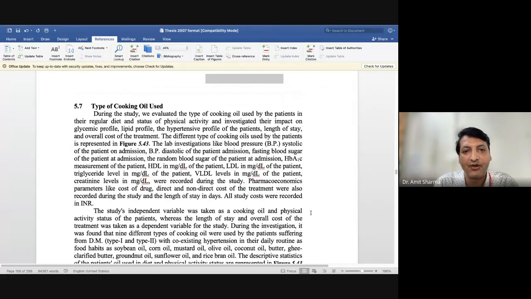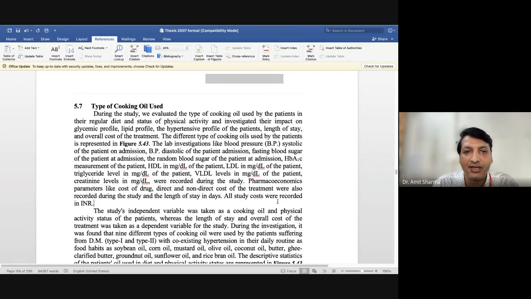In a PhD thesis you are going to find around 25 to 30 models, and in a master's thesis you are going to find 7 to 8 models. So one research paper is equivalent to one model, or maximum two. You are not going to add more than two models in a single research paper.